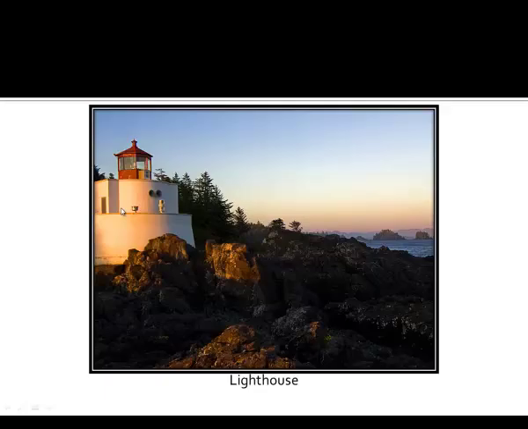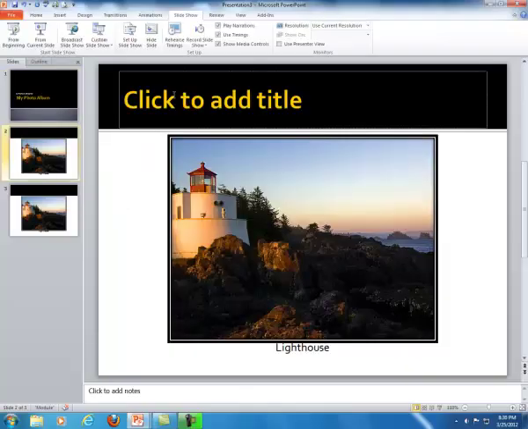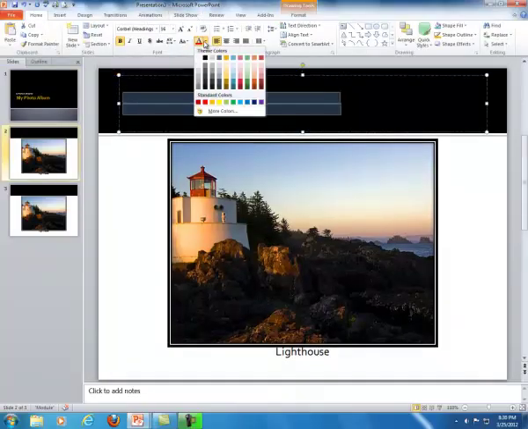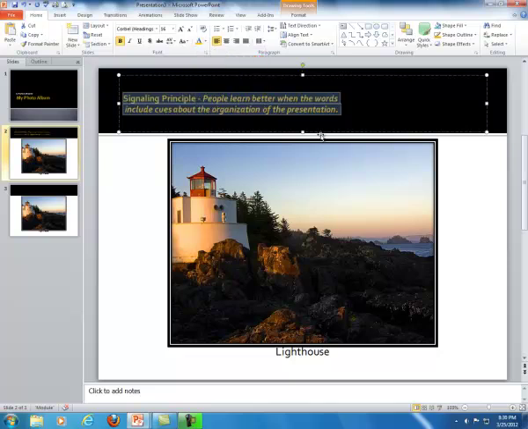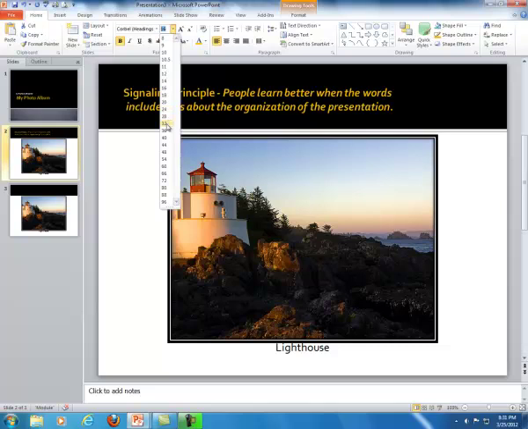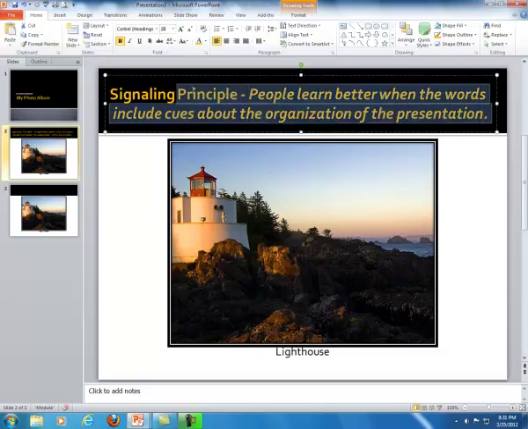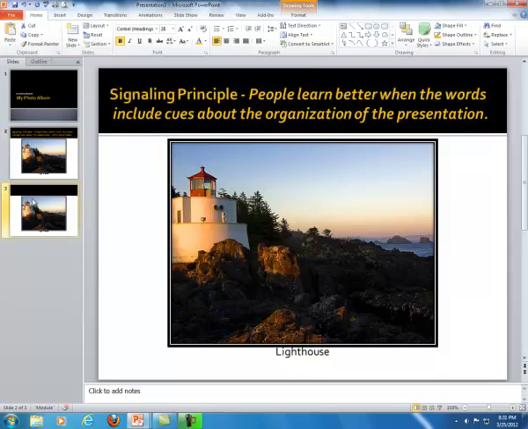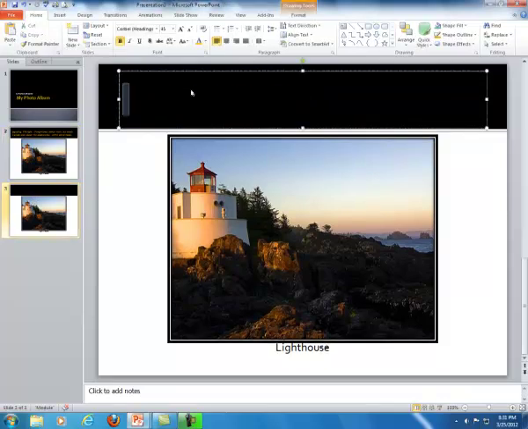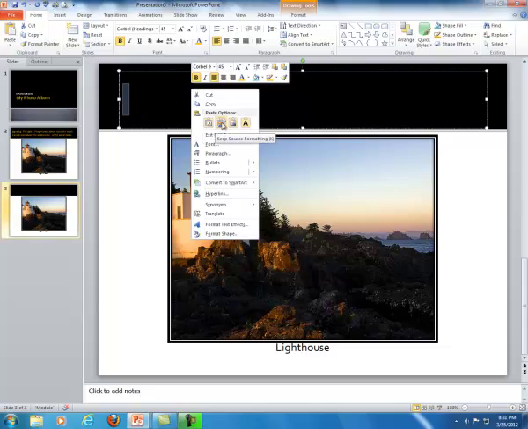Now I'm going to add my principle at the top. We'll change the color. The type currently is black, so we need it to be a brighter color so there's a greater contrast. I'm going to copy the principle so I can paste it on the second slide. And this is very similar to what you would do if you were copying and pasting in a Word document